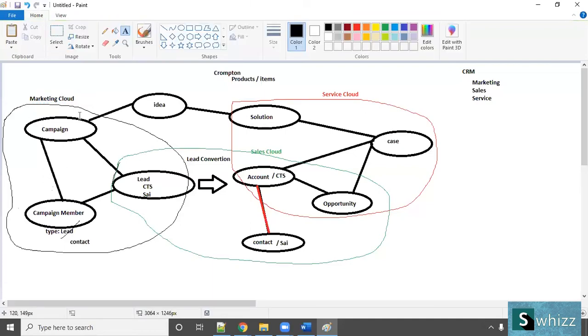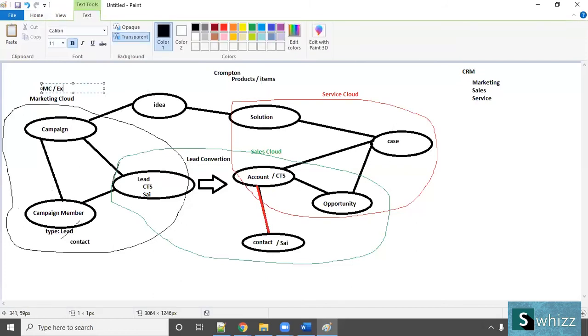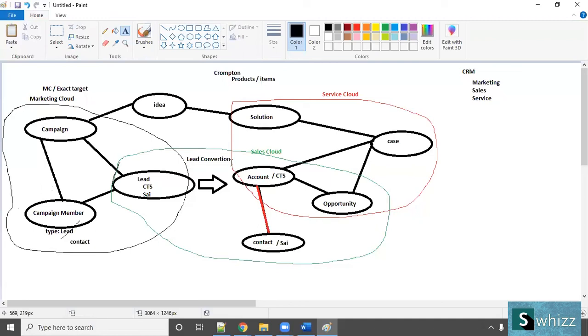So marketing cloud is something different, a different environment. Okay, we can call it as MC. That's a separate concept. We are not touching this marketing cloud. We'll touch only the sales cloud and service cloud, but we'll see the features of campaign and campaign members. Okay, got it? You understood? So how many clouds are there? Generally, Salesforce is dealing with many. As for the time being, at the classroom level, we deal only with sales cloud and service cloud, but we will touch campaign and campaign member because marketing cloud is a separate environment again.